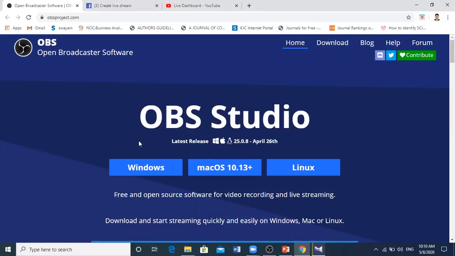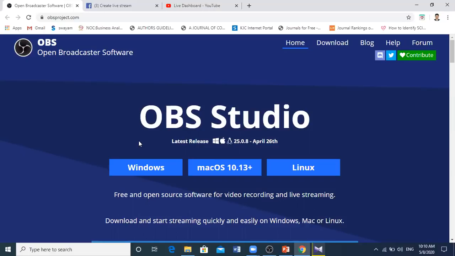Once it is downloaded, I think all the participants are aware of how to install any software into your system. Same way, just double click on this particular file, accept the terms and conditions, and click next and OK, so that OBS Studio will install to your system like all the softwares.